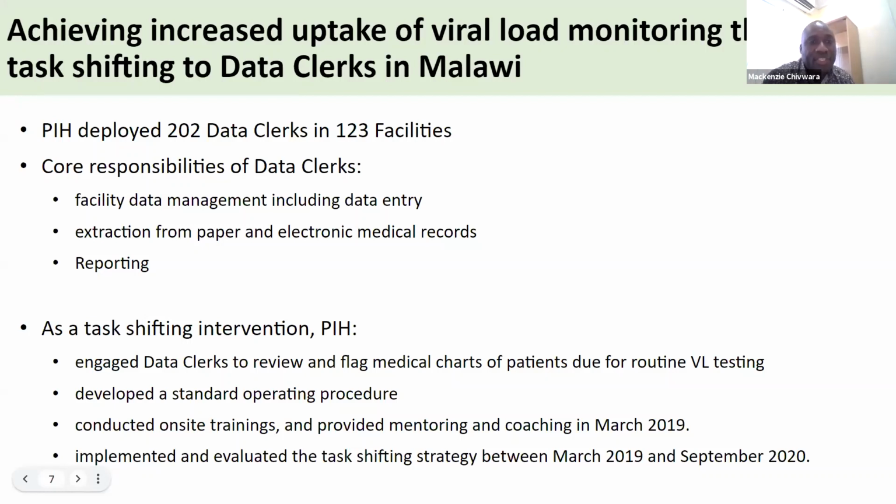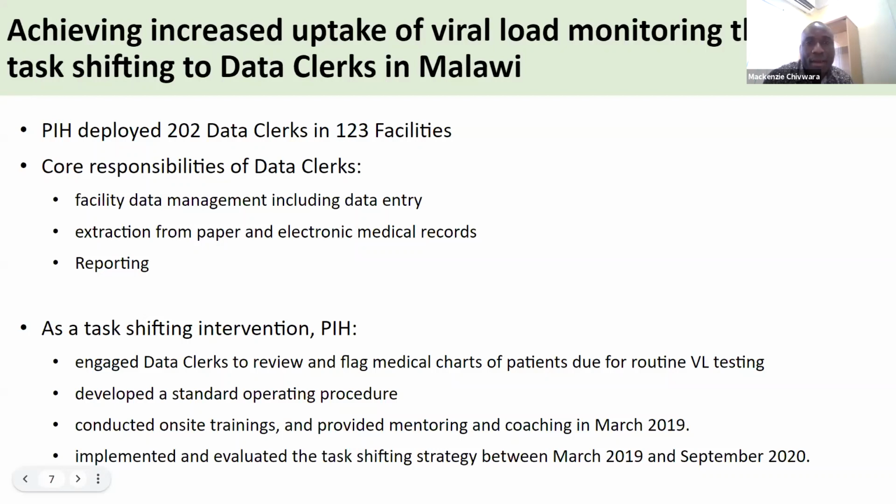Now, as a task shifting intervention, in Malawi we also have quite a big challenge in terms of the number of trained providers across the country. As such, this becomes a challenge as we implement care and treatment programs. But with the deployment of data clerks, we felt there was an opportunity to utilize this lay cadre staff to support increased uptake of viral load monitoring. So we felt of engaging data clerks to support this process